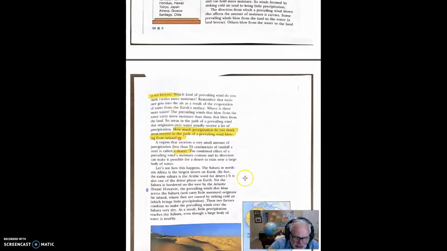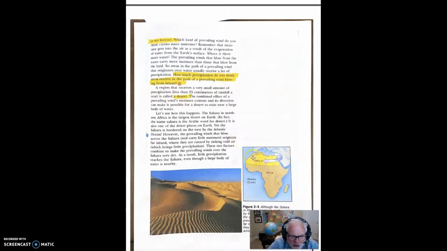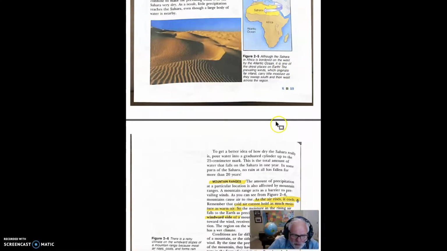The same thing happens in the Sierras in Nevada and Africa, where this dry air keeps blowing across, and it's just dry air. So they might not get rain for a couple of years. It's just extremely dry.